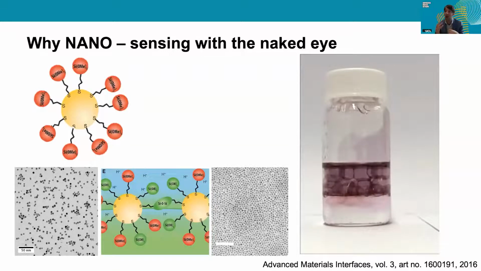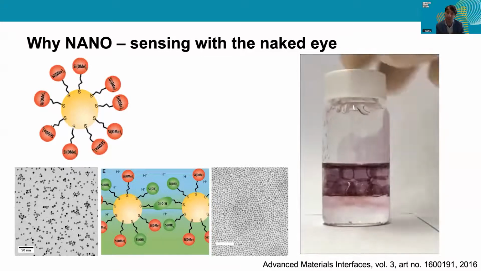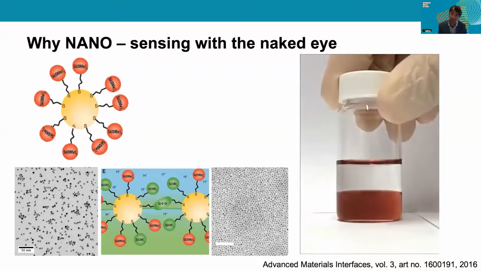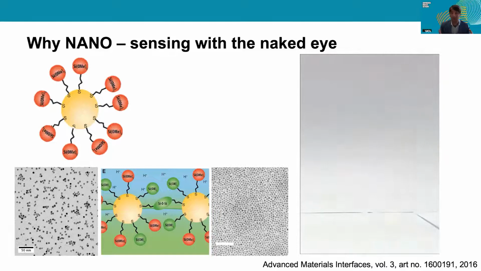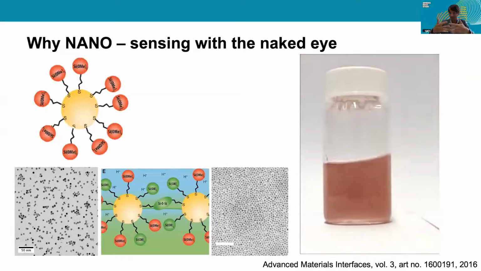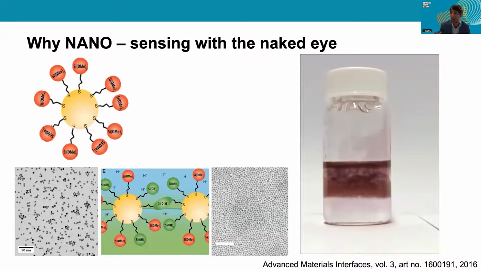Now, in this particular example, I just wanted to demonstrate how nanoparticles change their optical properties, and that we can see this with the naked eye. But we can also make a sensor based on this principle by, for example, forcing those nanoparticles to stick to a certain cancer biomarker or to a certain virus, and by agglomerating in solution, then changing their color.